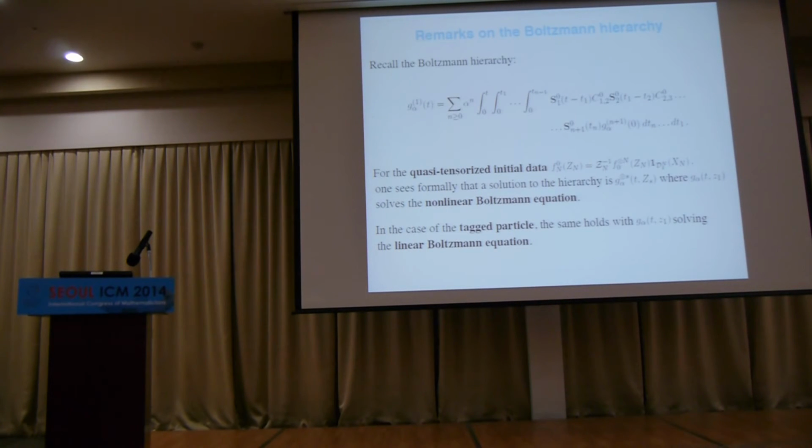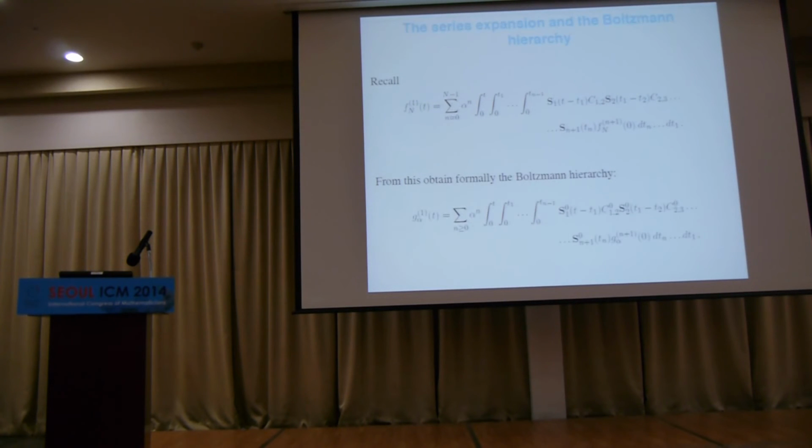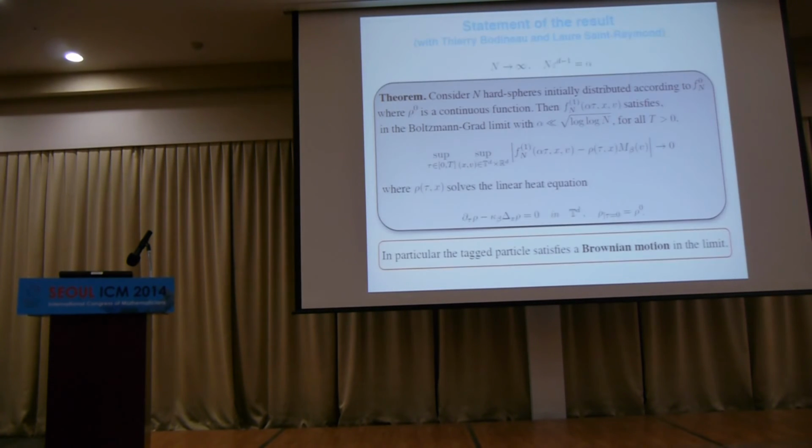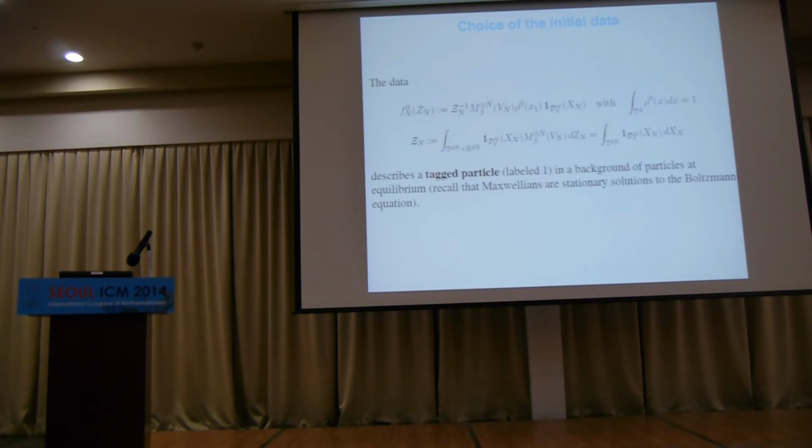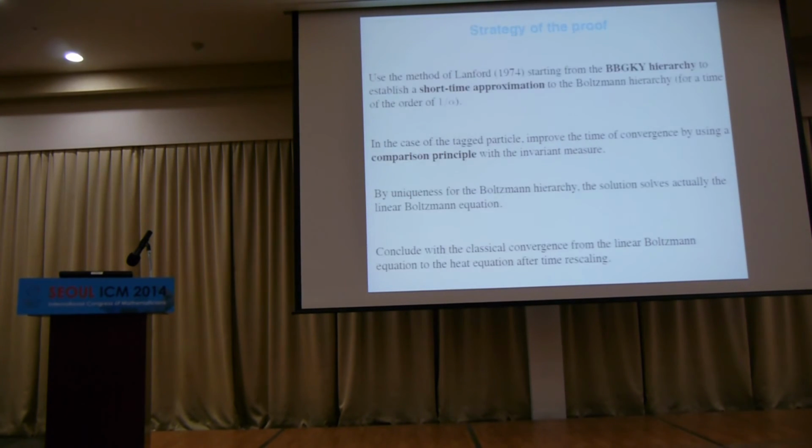And you just check. Okay? One solution. Maybe there are more, but at least one is that. Similarly, if you take my tagged particle initial data, so I should give it again. Okay, so tagged particle initial data, I have just Maxwellians, and I've changed particle 1 to rho 0 of x1. Actually, I could have put x1 v1 here, but I don't want to for today, but you could do that, which is a little bit more complicated.